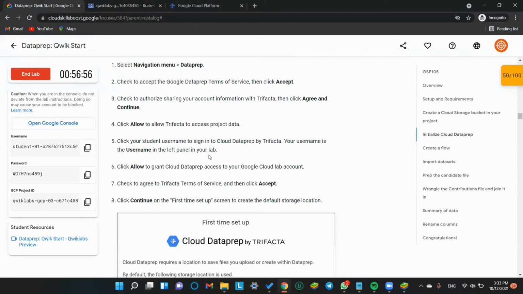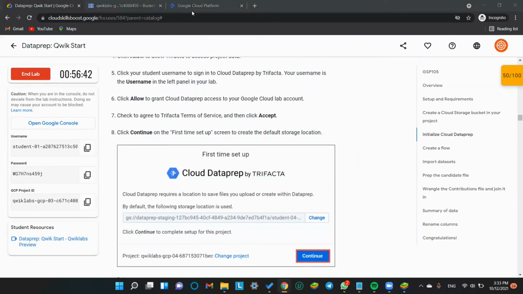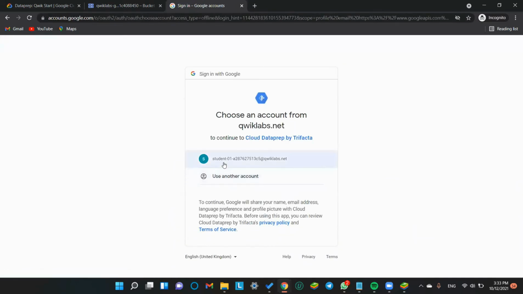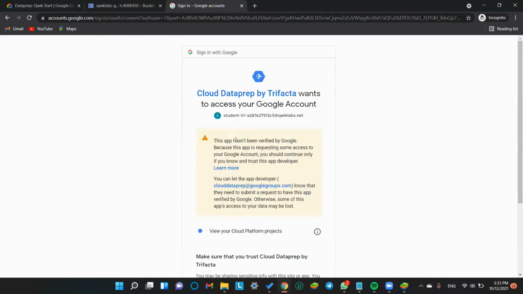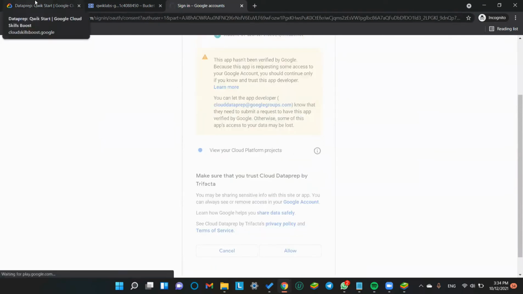What does the instruction page say next? Click your student's username to sign in to Cloud Data Prep. This is our username. It is loading, buffering. Of course, we would have to allow this.